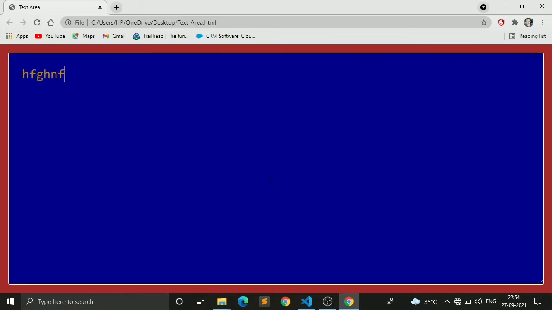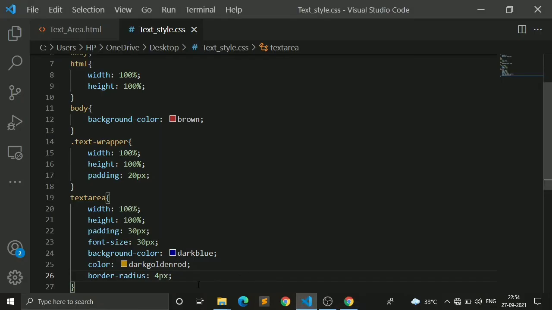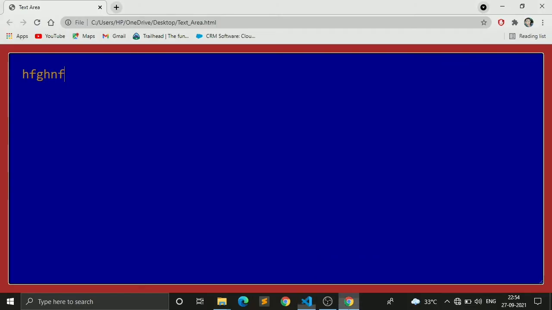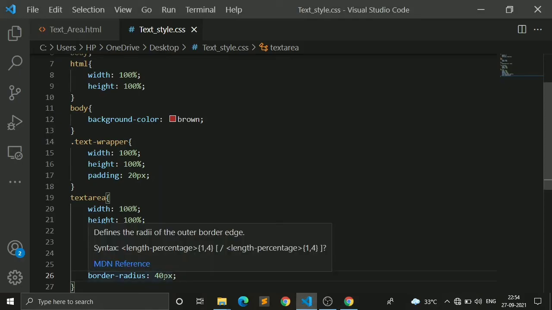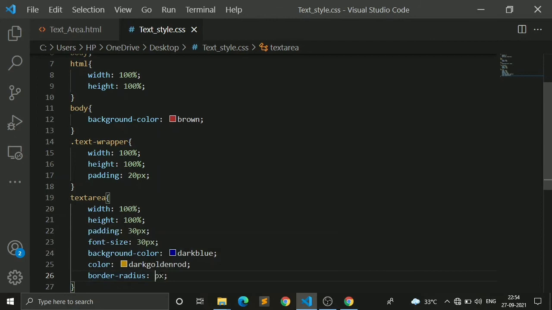It is somewhat curved, but it is not very visible. Then I will increase the value for it, then you can see more curve, but it is too much, so I will give it as 10. Now it is looking fine.